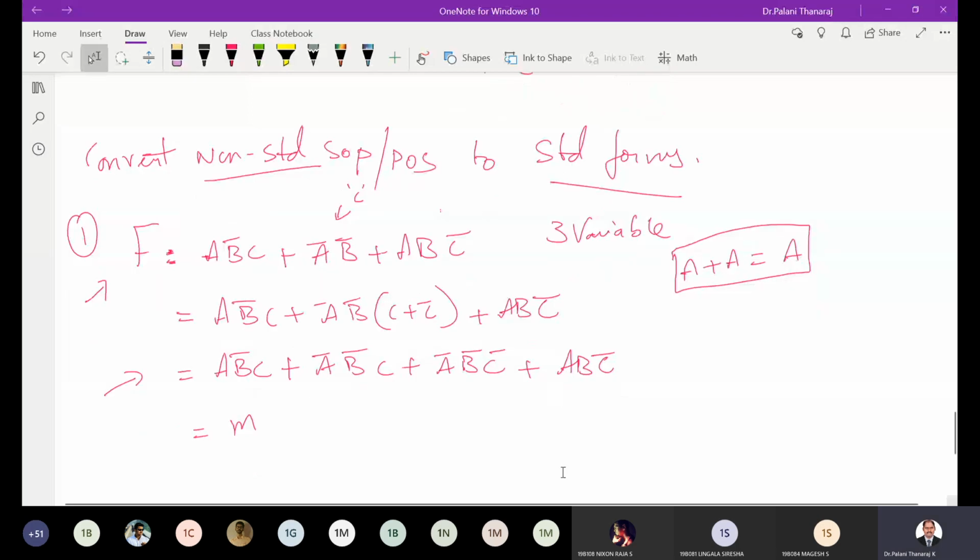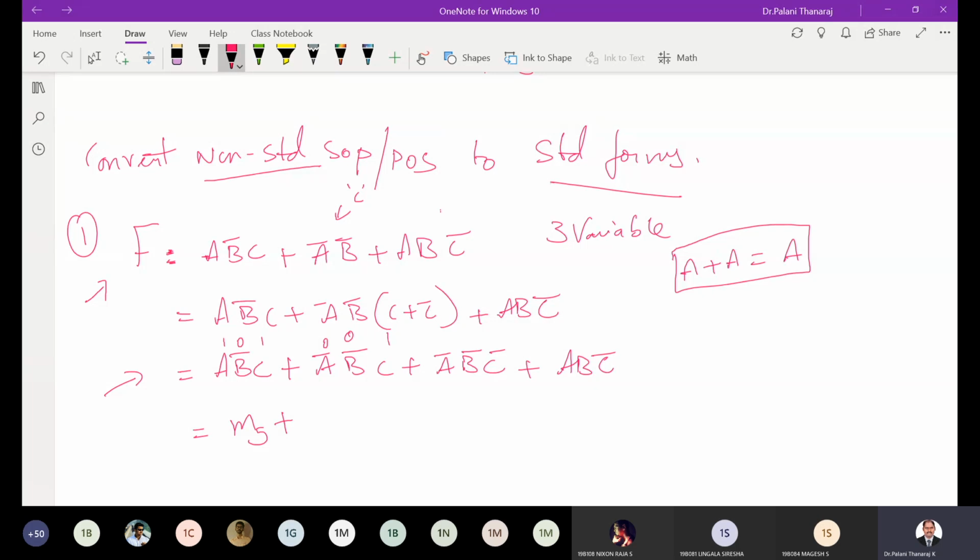So now you have to see. A is 1. B is B bar, so it is going to be 0. And this is going to be 1, right? Once you do more sums, you can write it straight away. But as you are starting, you know that it is SOP. In SOP, a variable we can write as 1 and its complement as 0, right? So what is that minterm? M5. Okay, how about the next one?